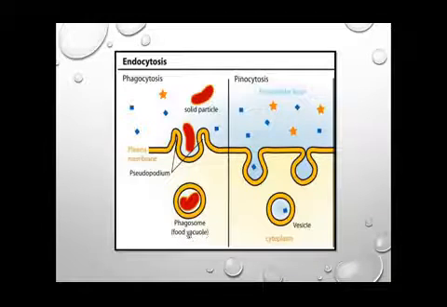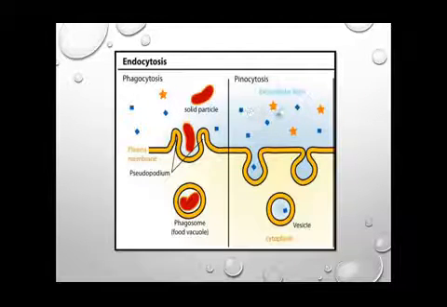This food vacuole is then digested by the digestive enzymes present in the vacuole, and the food is absorbed by the body of the amoeba, and whatever waste material is there is then eradicated out of the body of the amoeba. So here, as a solid particle is coming near the plasma membrane, and the plasma membrane is showing its flexible characteristic, this type of endocytosis is known as phagocytosis.